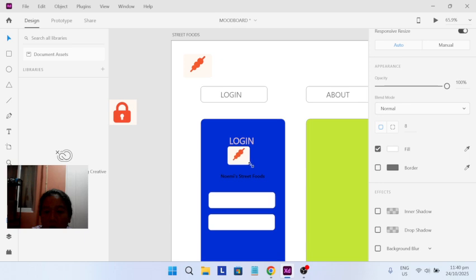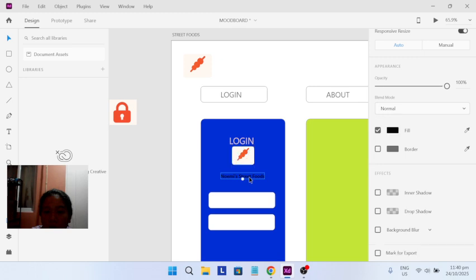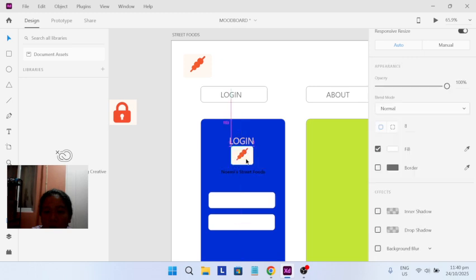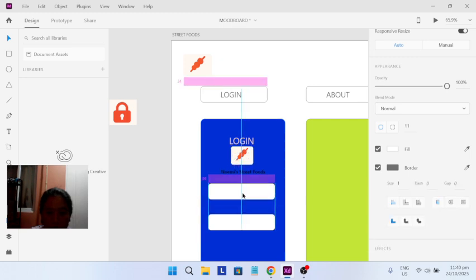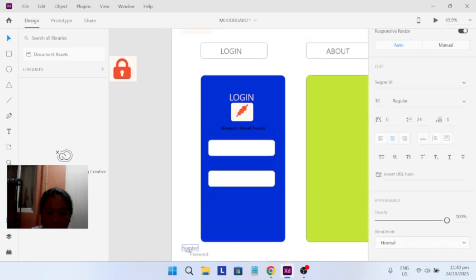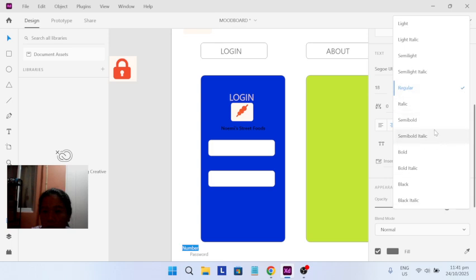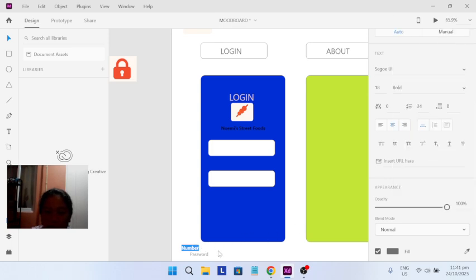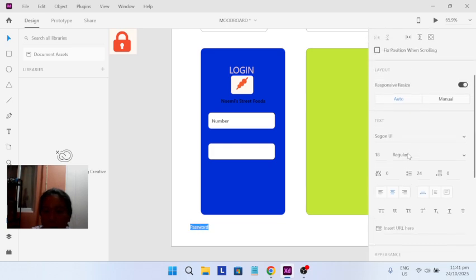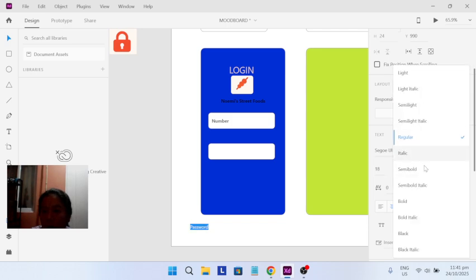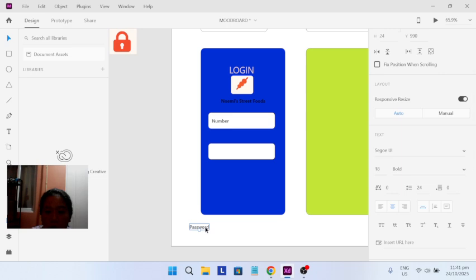Let's just make this icon smaller. Put it here, the contact number, and here for the password.